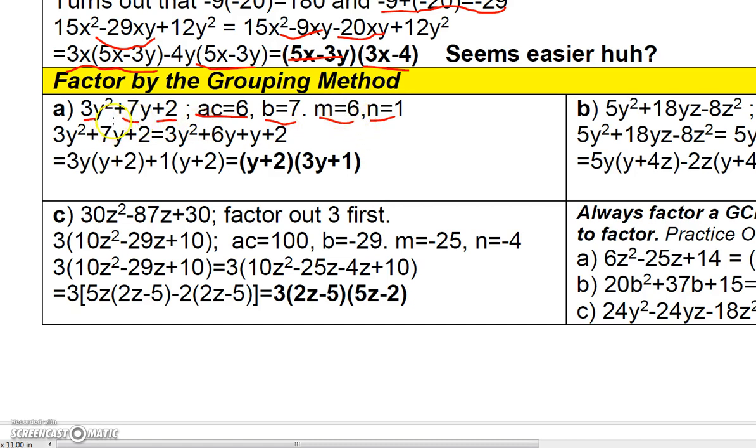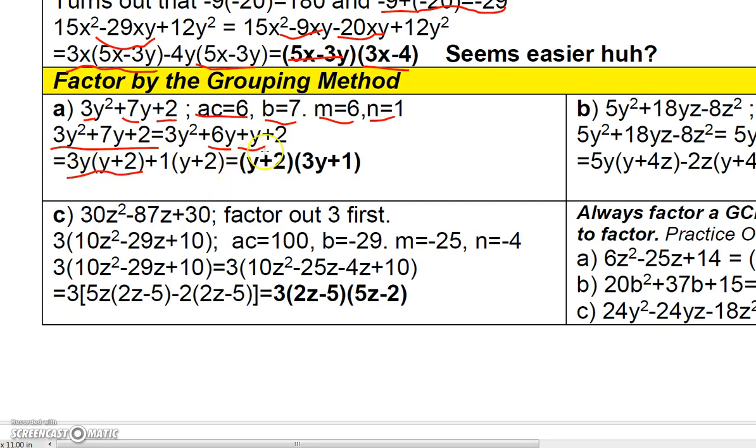So then that means I can break the 7y up, so I can rewrite this trinomial with 4 terms by rewriting the 7y as 6y plus 1y. Okay? Well, now I can take out of the 3y squared plus 6y, the first two terms, the common factor here would be 3y. So factor a 3y out of the first two terms, and that gives me y plus